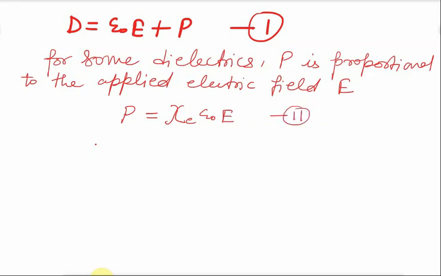So we can write P equals chi E epsilon 0 E,